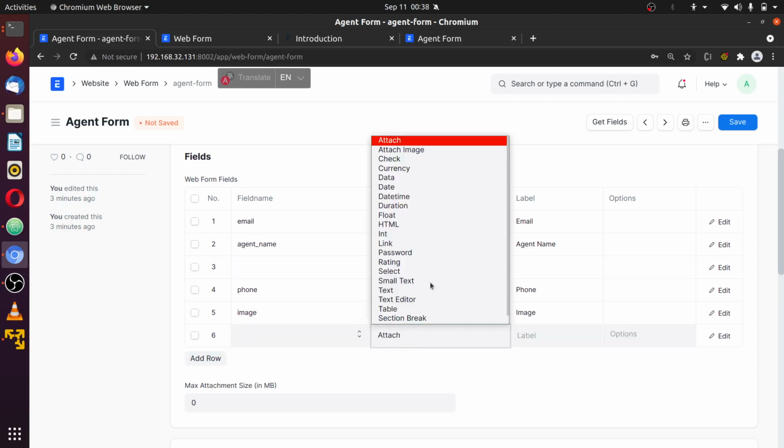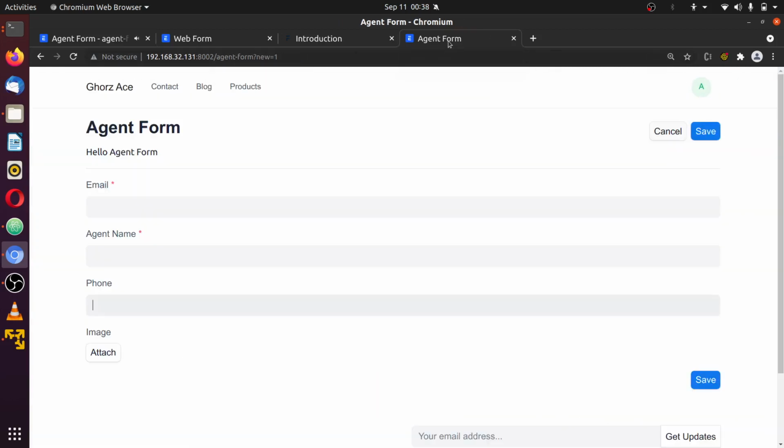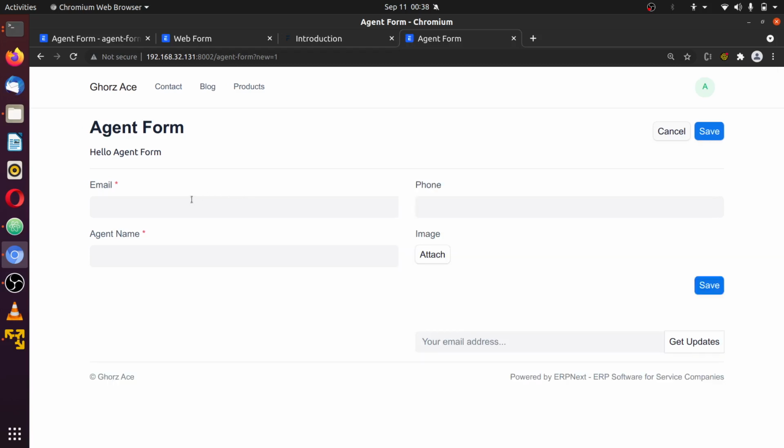Then we can use a section break here, save. So this will style the form, two to the left, two to the right. Now you see the email and agent to the left, the phone and image attached to the right. As we are done with the styling,